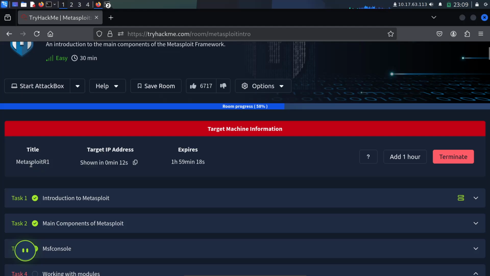The Metasploit RHOST. You can copy this.